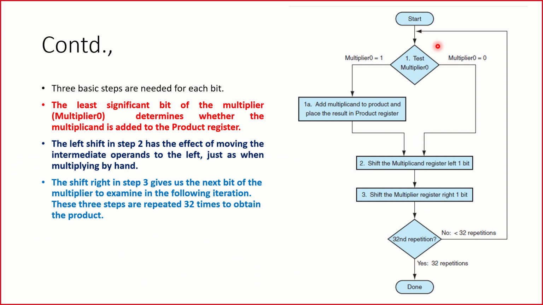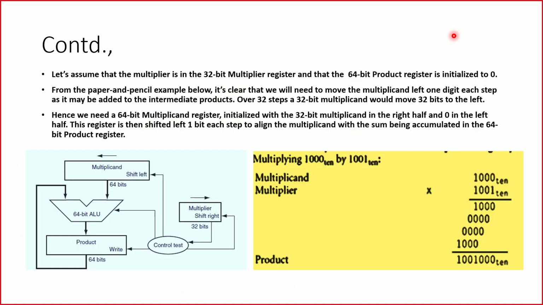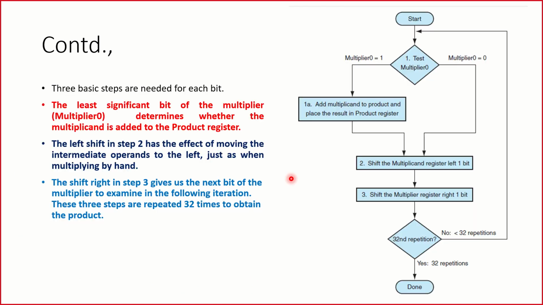Now what is the first step? I have got the multiplier and multiplicand. You know what a multiplier and multiplicand are, right? So this is the multiplier and this is the multiplicand. Please remember, do not forget it. This is very, very important. If you swap them, you might get a little confused in the flowchart.